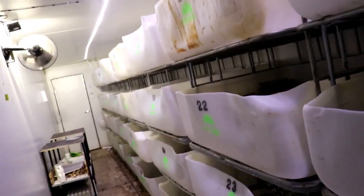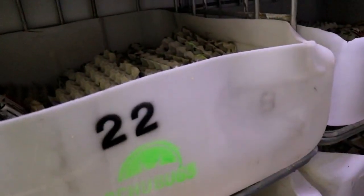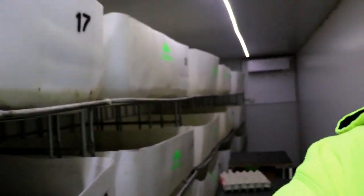The crickets wouldn't have known really what was going on until the container shifted about 1.5 meters. So yeah, the crickets are chirping and they're happy, and these guys are breeding and doing their thing. I've just stepped foot in our first container that we had properly set up, and you guys would have seen in previous videos,